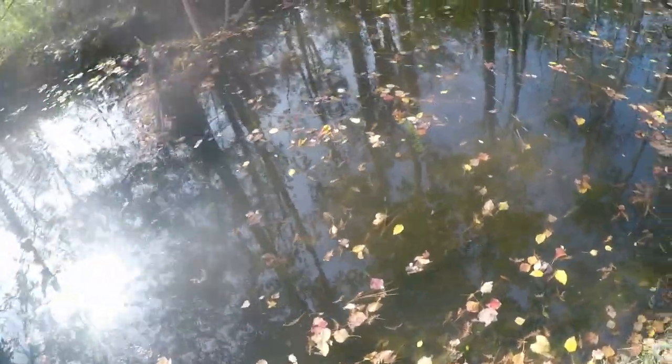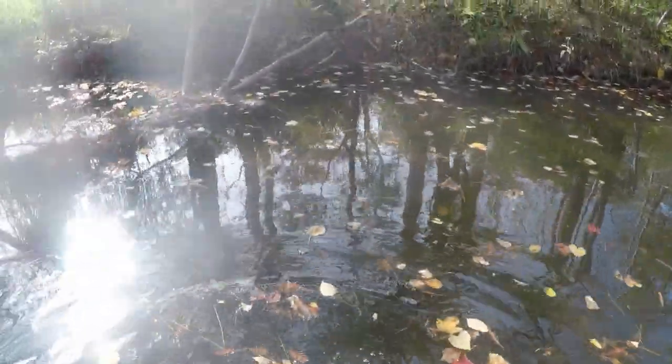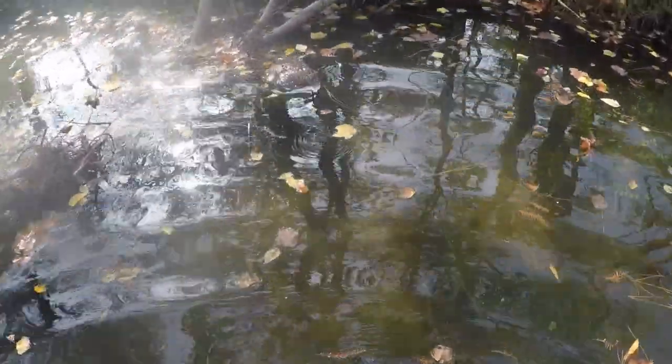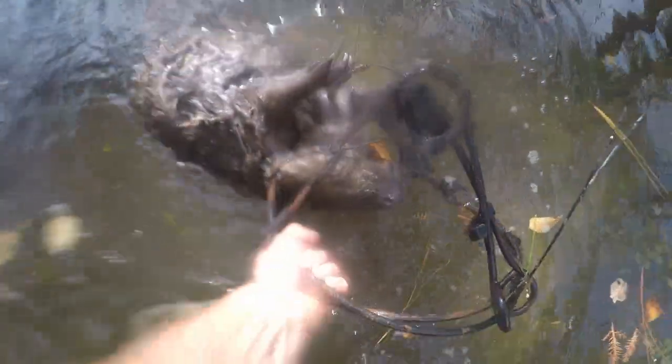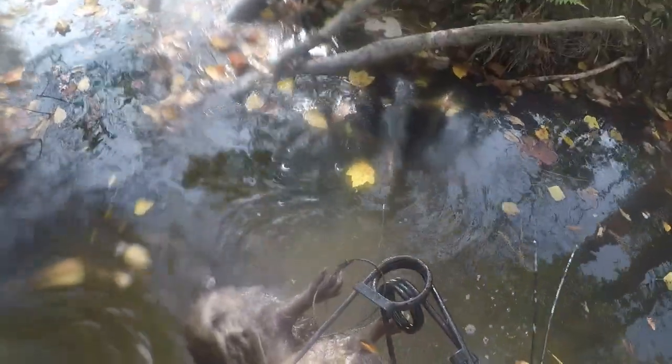So I got skunked the other day, and I had nothing on this set over here, but there is a beaver. Got him on this circle conibear, and he's sitting here floating in the water. I'll look at him underwater. The way we want it, and he's out of the way. That's a good catch right there. Perfect head catch. That's what we wanted. Looks like he twisted around a little bit, but...